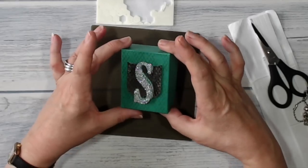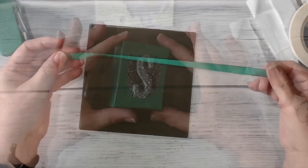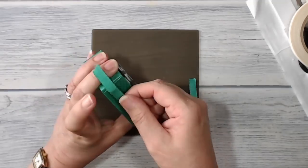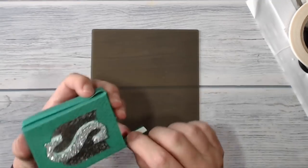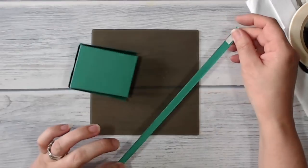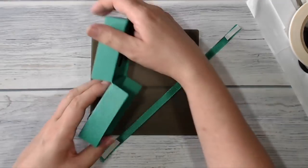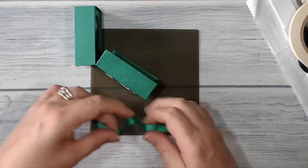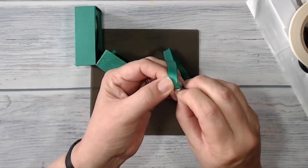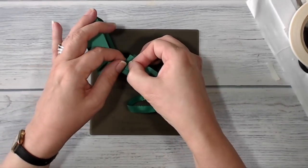Okay, so that is now in place, nice and glittery. I have here a length of the Emerald Envy taffeta ribbon, which is in the Autumn Winter catalogue, and I've measured my box. So I've gone all the way around and left about 1 inch at the end, and I've put tear and tape just on those 2 ends. And I am going to take the backing off one piece of the tear and tape. Here it comes. And I'm going to start at this end of the box,